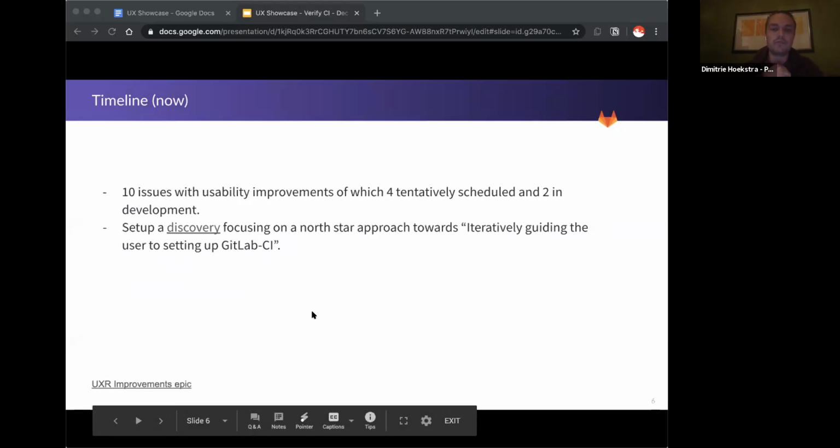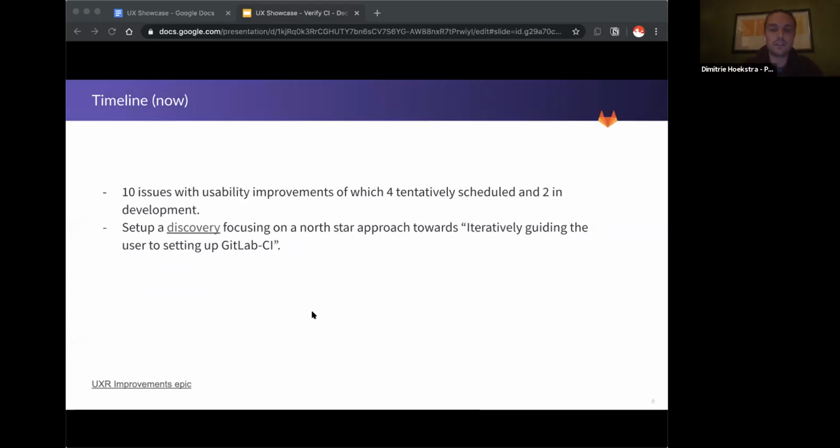So then we are at the timeline right now. There are 10 issues currently that came out of that. 4 are tentatively scheduled, and 2 are in development already. To name a few, an example of that is direct status reporting. When users are hopping between the different pages within GitLab to find out what is going on with their pipeline, why don't we offer that information directly, page agnostic, basically, and inform them in a better way,